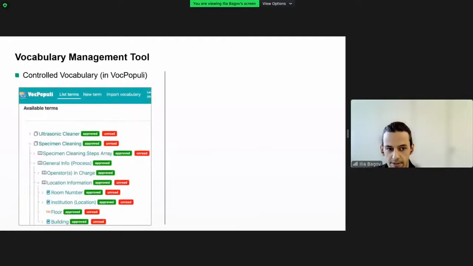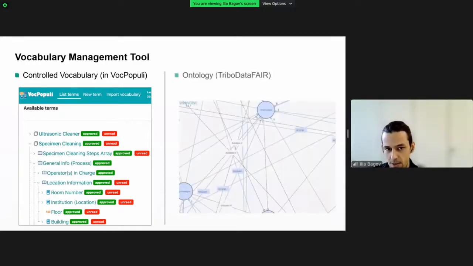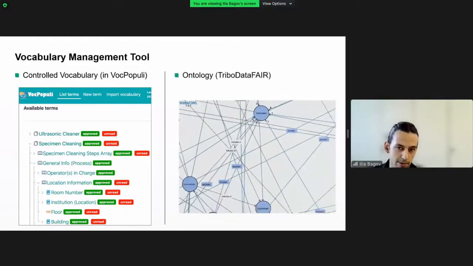These terms can have hierarchical relationships with one another, and they also have definitions, as well as some additional information, like, for example, synonyms, data types, if those terms are later to be converted into ELN records, and so on. Controlled vocabularies are used to define and describe the relations between entities in a given domain. However, this is done in a fairly basic and simple manner, I would say, which isn't necessarily bad. A more detailed description of a given domain can be achieved with the help of ontologies.